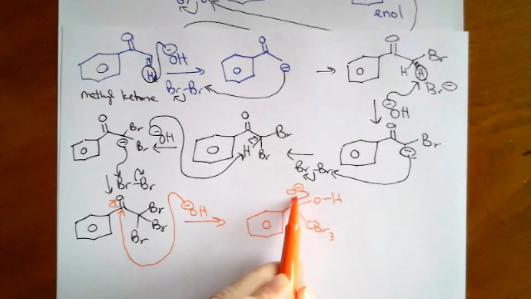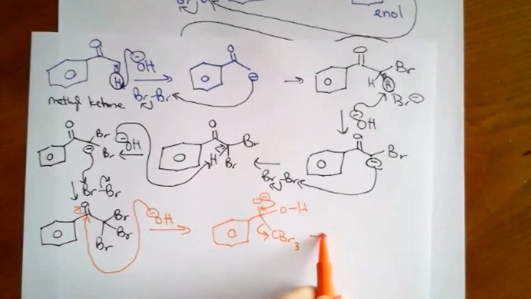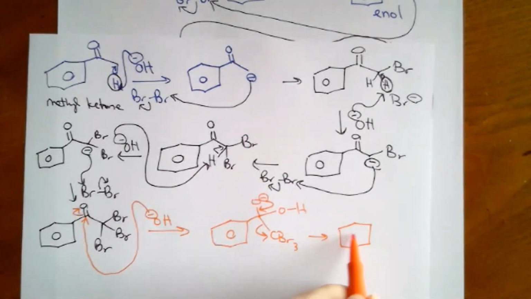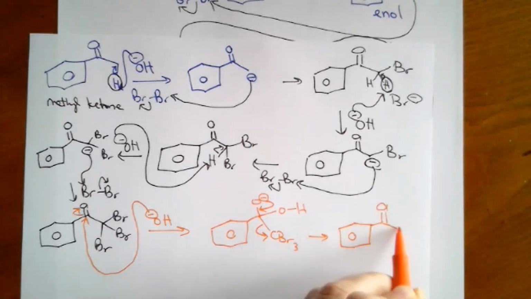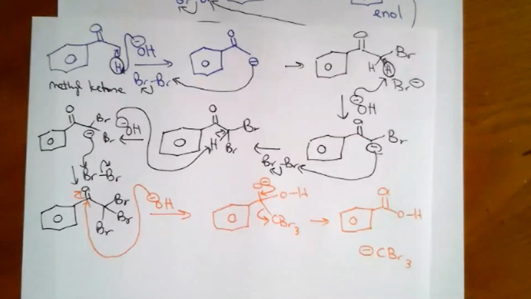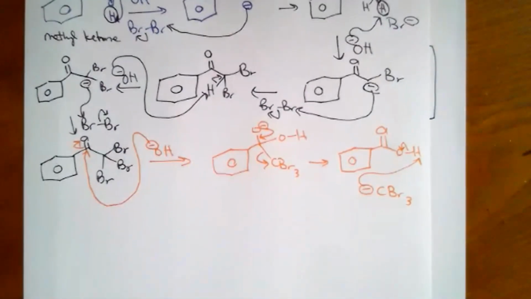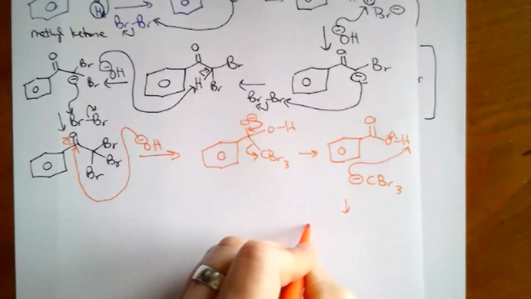And then you fold down and kick out the weakest base, the best leaving group. So that carbon with 3 halogens on it is now my best leaving group. And I kick out a carbon with a minus, but 3 halogens connected. And one final acid base, deprotonate, you get a carboxylate